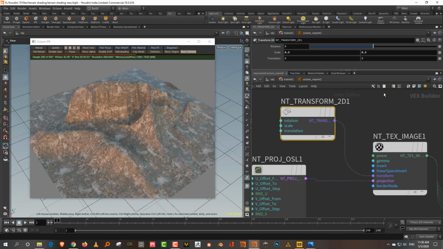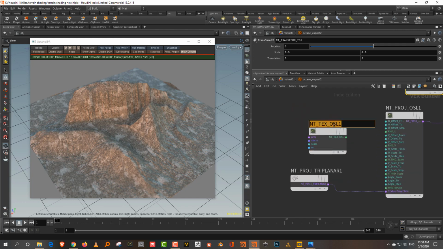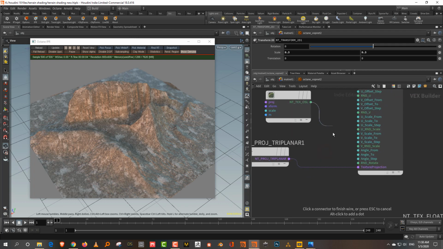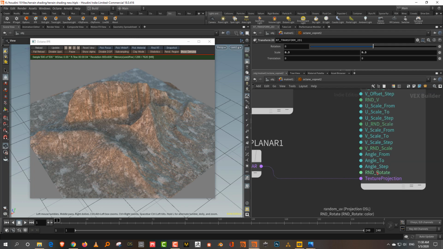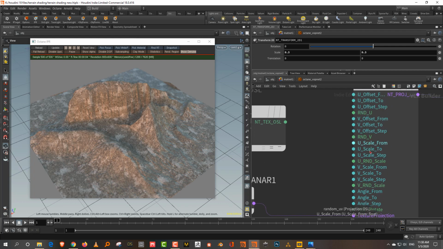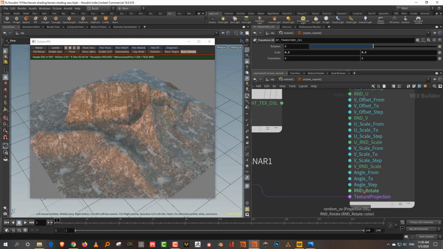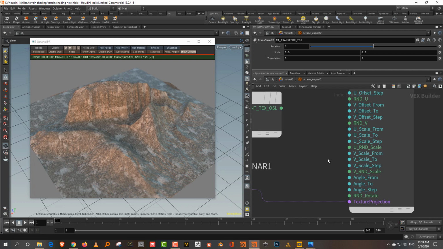So now what you can do in order to start randomizing this is, let's call this cells and let's call this random UV. So we can just take this and you have these colored in dark green ones, which are the ones where you want to connect the map. So you can offset position, you can offset scaling and you can offset rotation. Okay. And you can also offset them individually. So you can offset just the U or the V or just the U scale or the V scale. So you can really modify it.